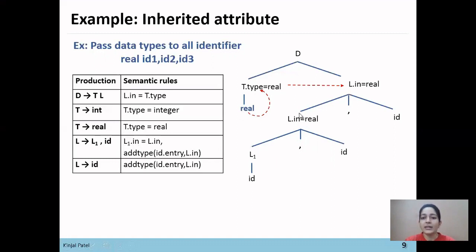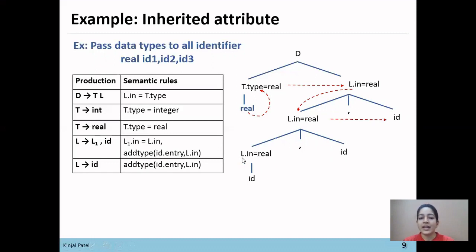The parent of this L is L.in, so L.in equals real. So this real will be passed to this L.in value, or we can also say L1.in. Okay, now this real value will be passed to this identifier. Then the parser can know that this ID is of real type.